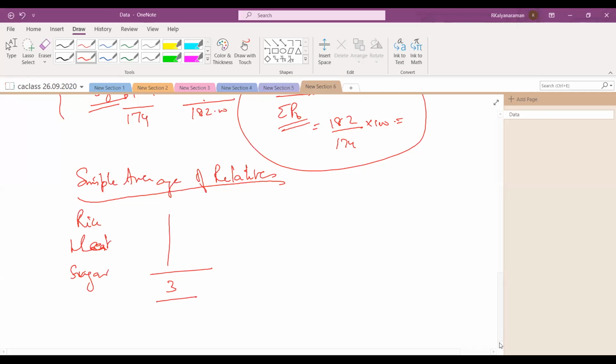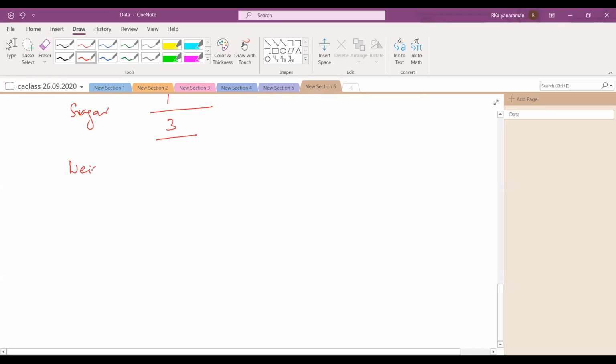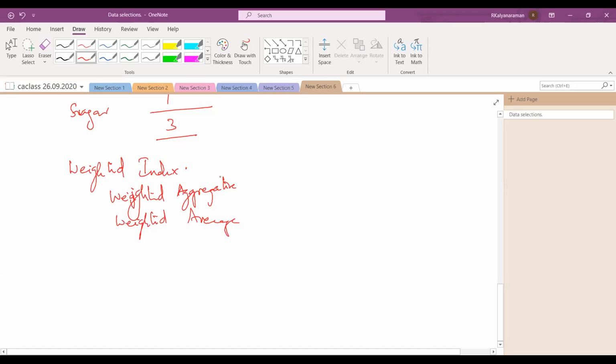Similarly, we have a weighted average, weighted index method, where instead of units we attach some weights. Units quantity itself may be a weight, weighted index numbers. So as usual, we have a weighted aggregative index. Aggregative means total. So we have a weighted aggregative index and a weighted average index. From the name itself, you know, aggregate means total, average means divide by the total number of items. Now the quantity may be a weight.